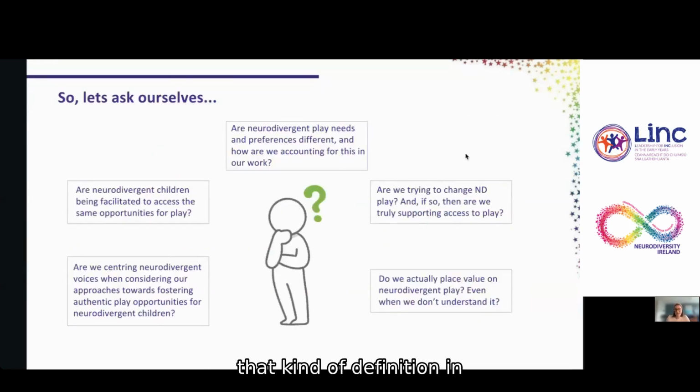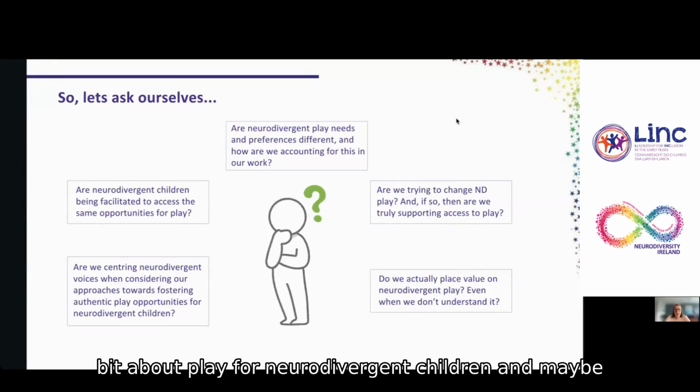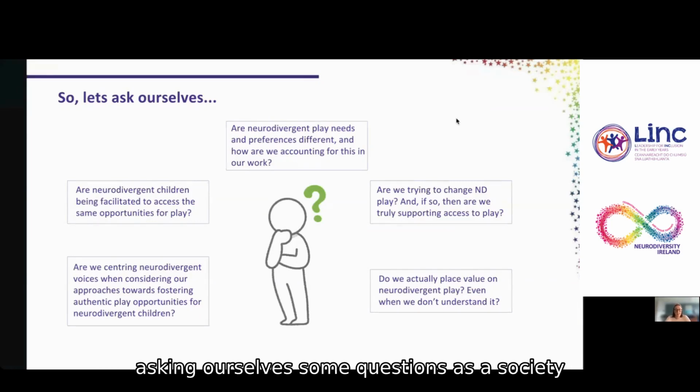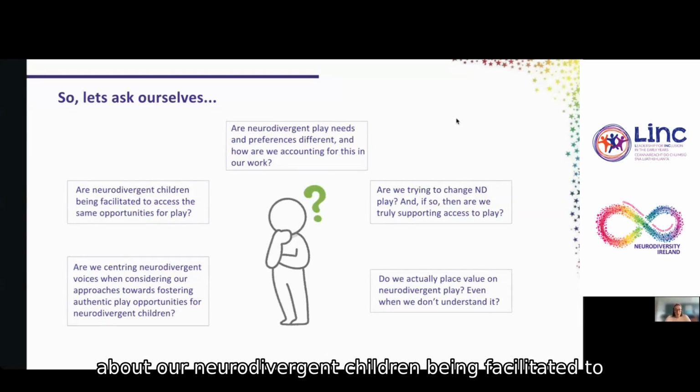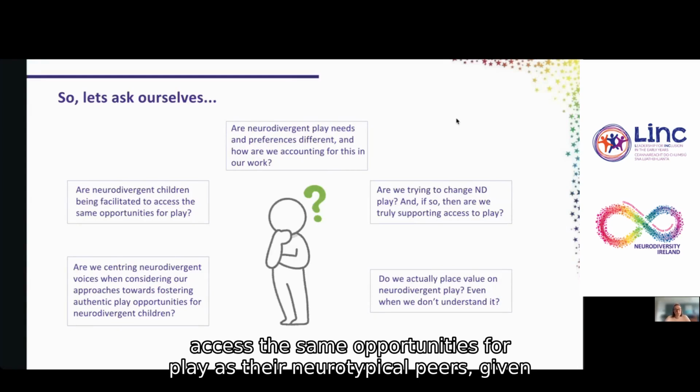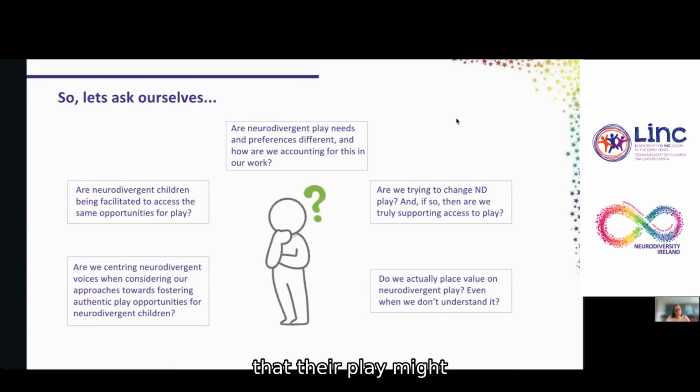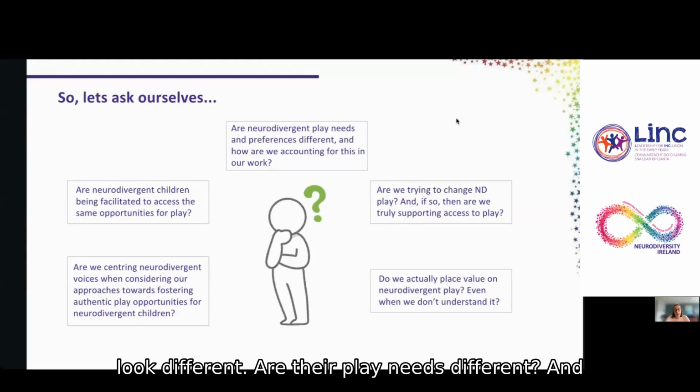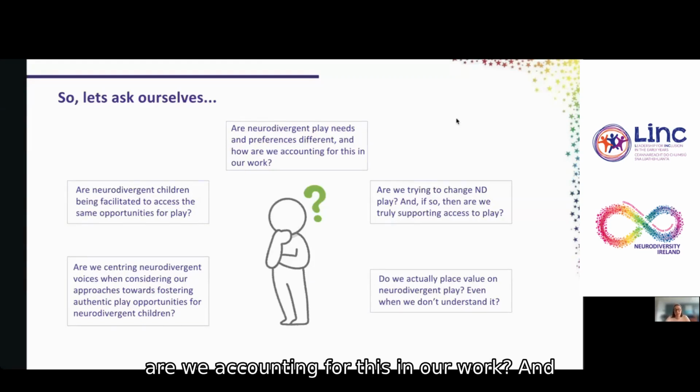So with that kind of definition in mind, let's start thinking a little bit about play for neurodivergent children, and maybe asking ourselves some questions as a society, about our neurodivergent children being facilitated to access the same opportunities for play as their neurotypical peers, given that their play might look different. Are their play needs different, and are we accounting for this in our work, and how